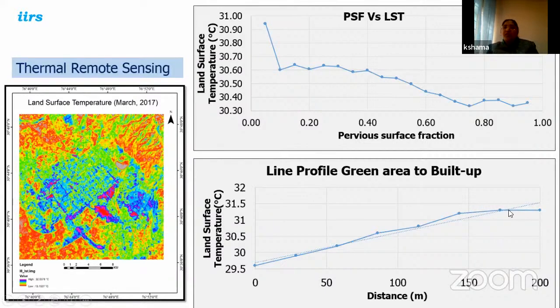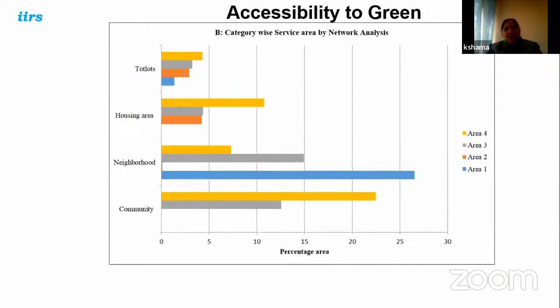That's why we say that the distribution of urban green spaces is very important, because if you have a well distributed park area, it will help you to regulate your microclimate. But if you don't have a well distributed park area, then it is very difficult. There will be some very hotspot pockets in the urban area, and some people will have very cold spot pockets in the urban area.